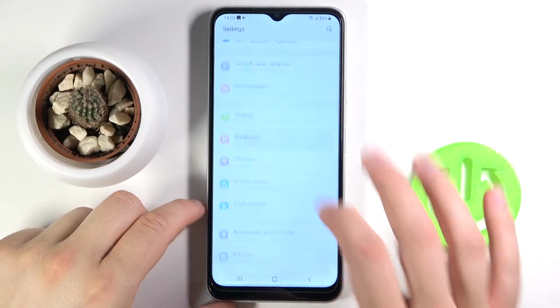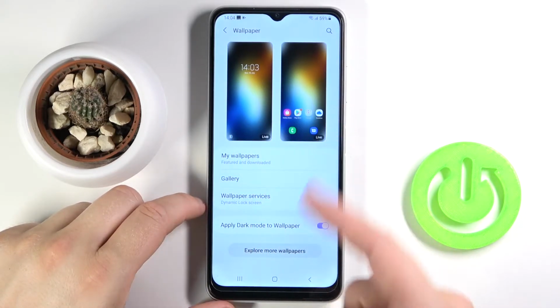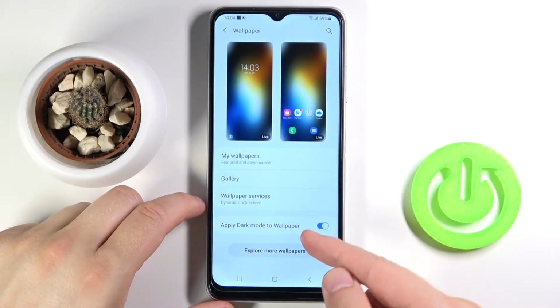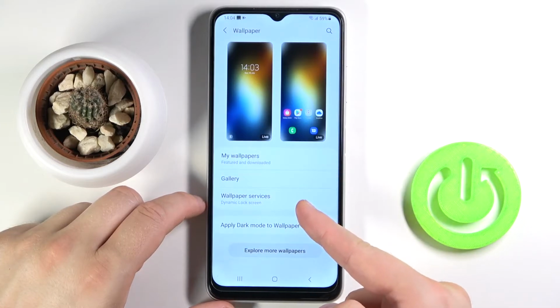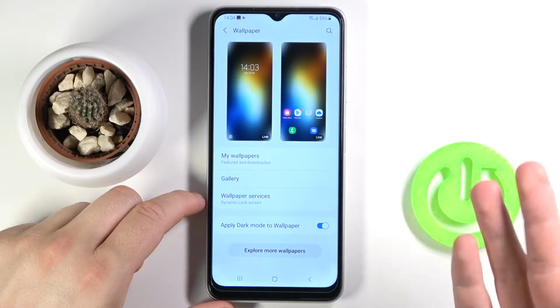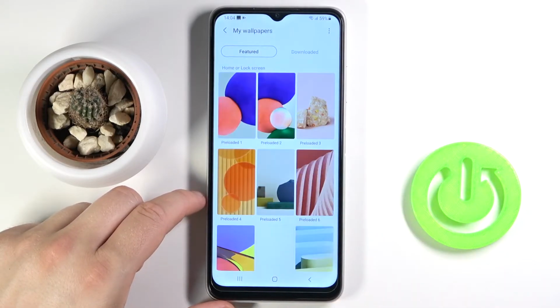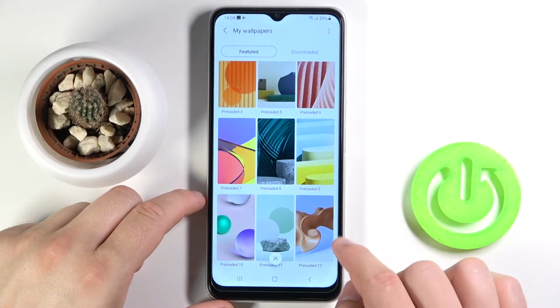Right now you have to go for the wallpaper. Here is our lock screen, here is home screen. Right now we have to choose My Wallpapers, Gallery or Wallpaper Services. You have to decide. If you want to get your own wallpaper from your own picture or photo, we have to go for the gallery, but I'm going simply for My Wallpapers and I will change wallpaper, for example for